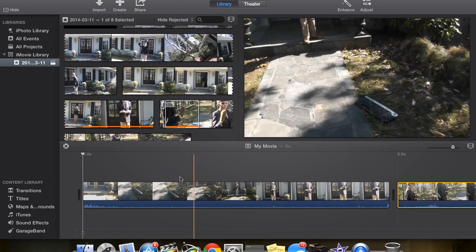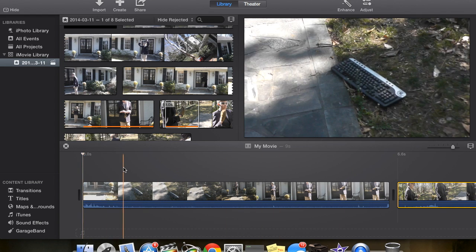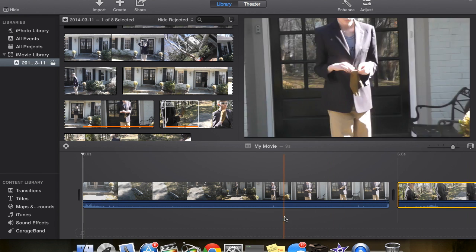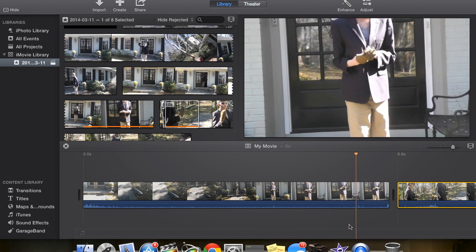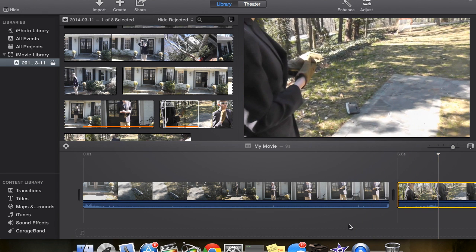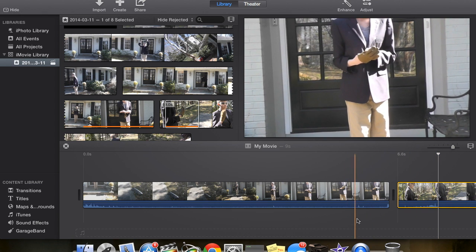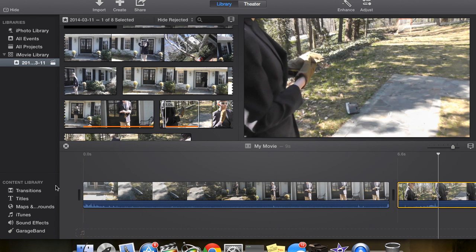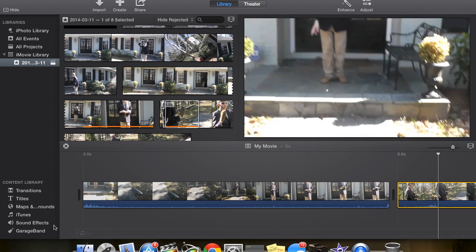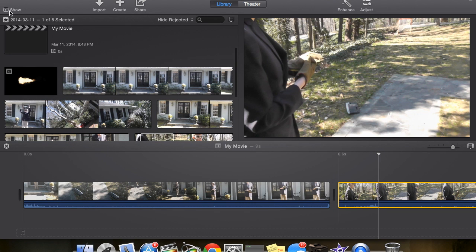two clips. And if you don't know what a transition is, it's basically just something to connect two clips rather than just having it cut like here, so you can go down here, just click play on the space, and it just cuts. So if we wanted something a little more creative than that, we go ahead down here to Content Library, which is in the lower left side of your screen. If you don't have this, you can click Show,